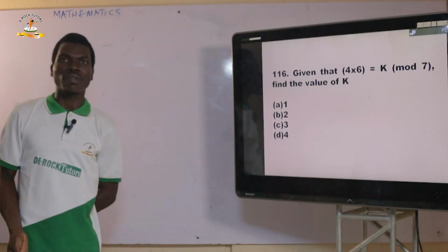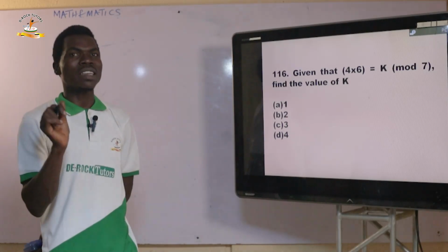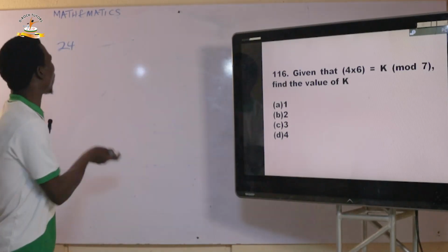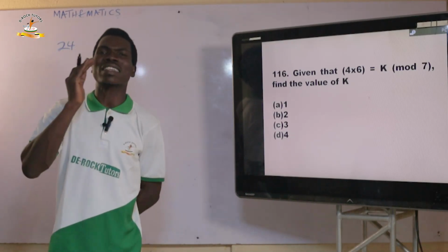So 7 in modulo 7, you think it is 1? No, it is actually 0. Because in this case, we keep removing 7 from the 24 until we have something that is less than 7